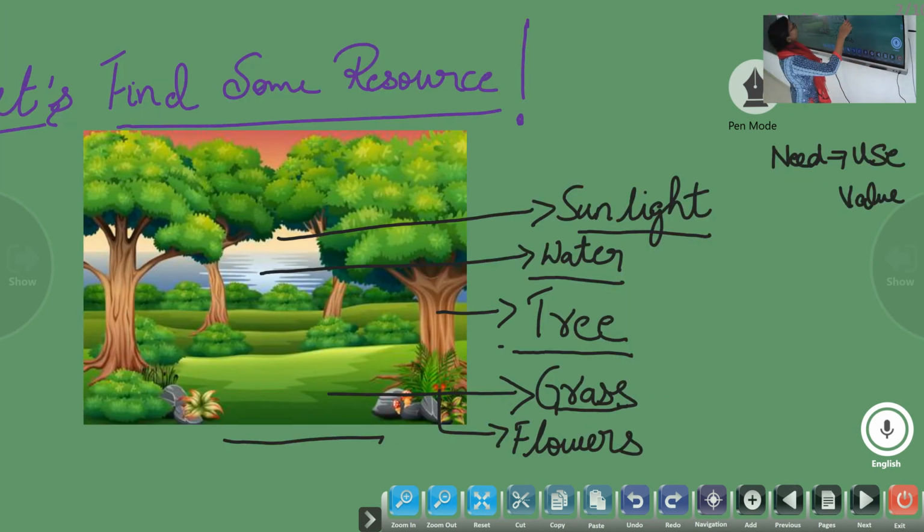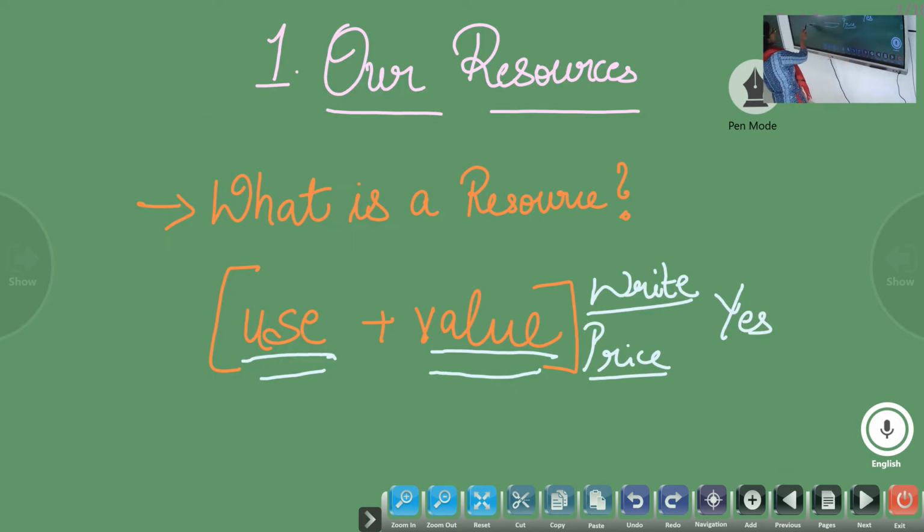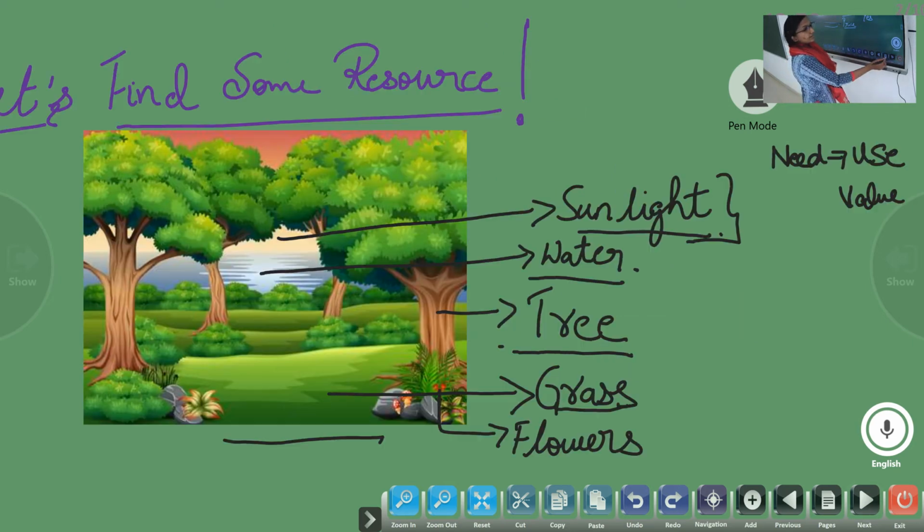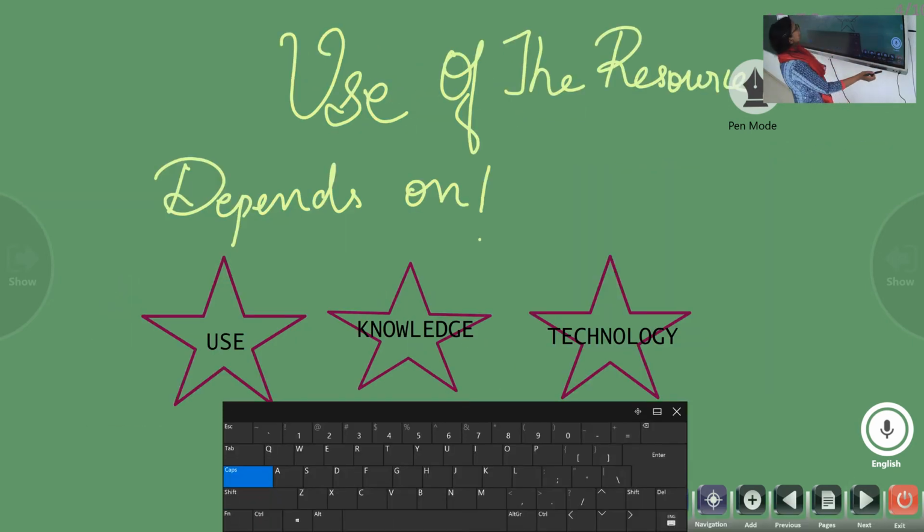So here, sunlight might not have economic value, but it can have aesthetic value. Or the water or the sea, a stagnant water, right? This is a sea. You cannot produce electricity out of this water. So economy is not produced, but there is aesthetic value to the water of the sea. So when we say it has to be in use and it has to have a value, the value can be either economic or aesthetic. Okay, I hope you understood this. So let's move on to the next one.